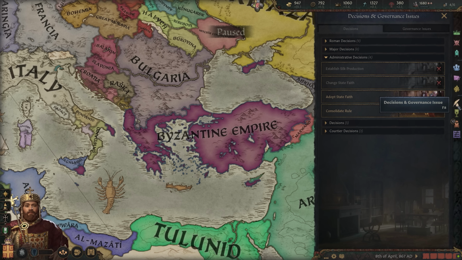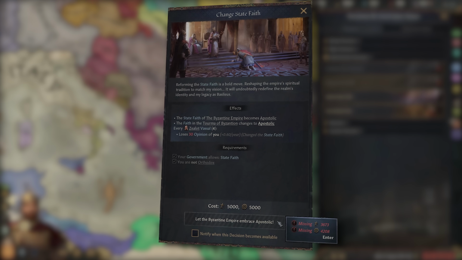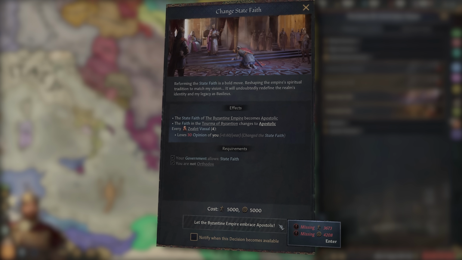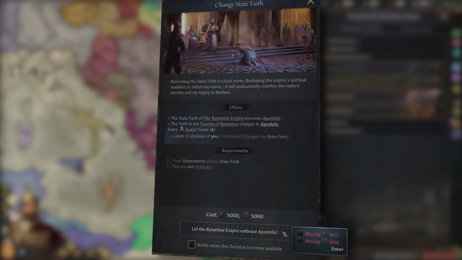The primary way a state faith in an admin realm can change is by the top liege deciding to change it himself. And this is done through a decision that's only available to the top liege. It is going to be very difficult. It costs a lot of influence. You have to pull a lot of strings if you want to change the state faith. Some benefits for following the state faith are easier conversion, higher candidate score, and improved relationships with other characters in the realm.